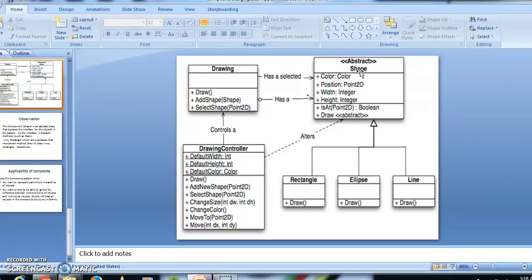So it declares an interface for accessing and managing its child components. Rectangle, ellipse, and line are subclasses, also called leaf. So leaf defines behavior for primitive objects in the composition, and the client uses the component class interface to interact with